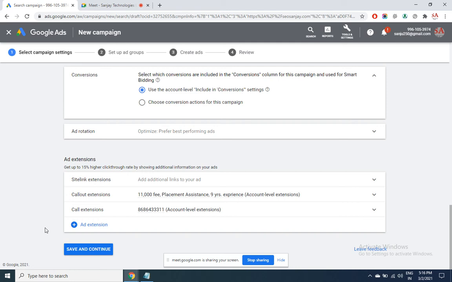That is complimentary. Now this is an important point. We are not paying anything extra to add these extensions. They are coming in complimentary. So it's always better to use them, because the data analytics of Google itself says that you are going to get 15% higher click-through rate. There's only one time effort that you need to put.